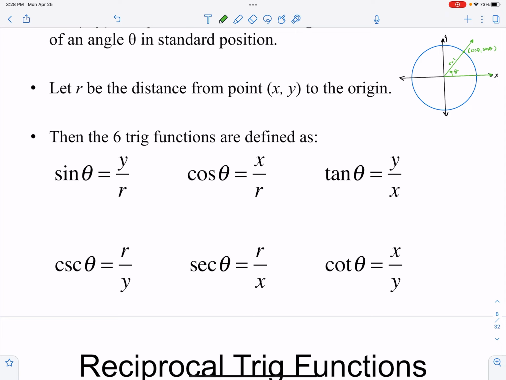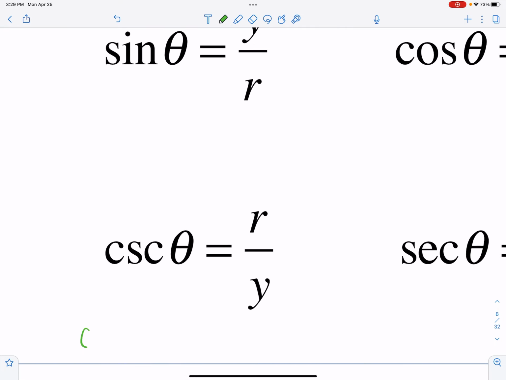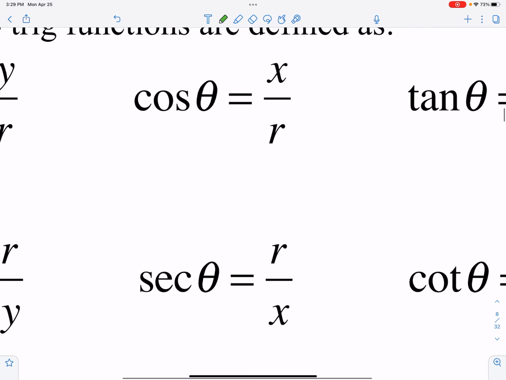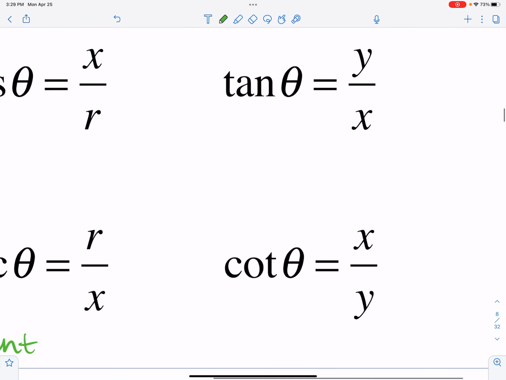And then those three main trig functions also have reciprocal trig functions. So the reciprocal of sine is cosecant, spelled C-O-S-E-C-A-N-T, but it's abbreviated as CSC. And that's the reciprocal of sine. Notice that their outputs, the ratio, is just flipped. The reciprocal of cosine is secant, abbreviated as SEC. And then the reciprocal of tangent is cotangent,